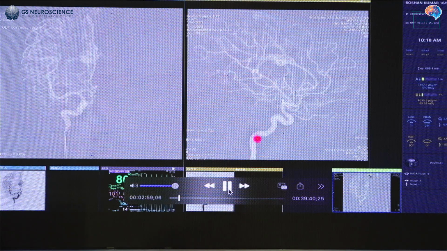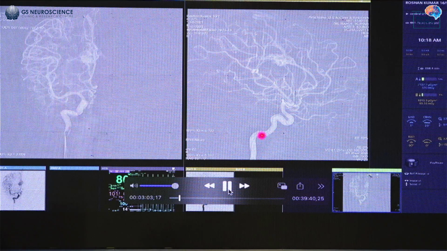We typically use just a 5 French diagnostic catheter as a guide in all our cases. Subsequently, that is a microcatheter, that is a Marathon. We have to go into this area. That is where we are entering into the pericallosal system. You go into the pericallosal system, and then you go distally. And once you are in that position, then you start looking at how exactly you are going to enter the